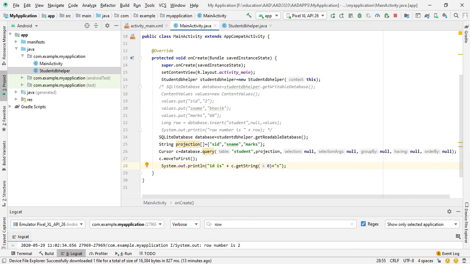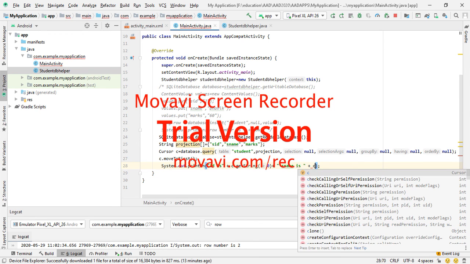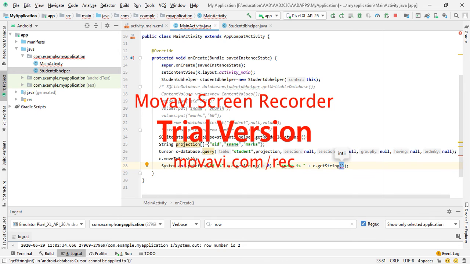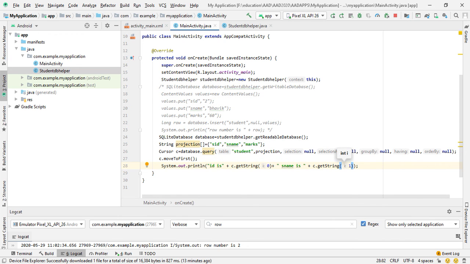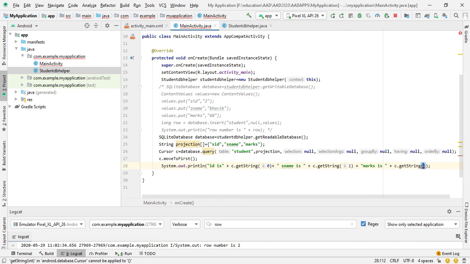Second, sname is, plus c.getString, the second column index is 1, plus marks is, c.getString, and the third column index is 2.